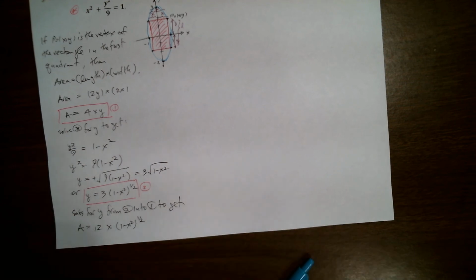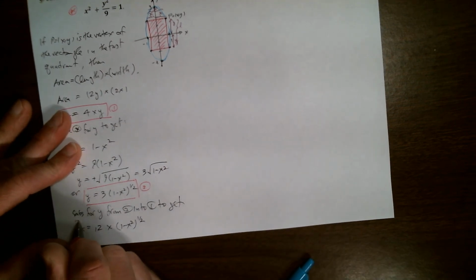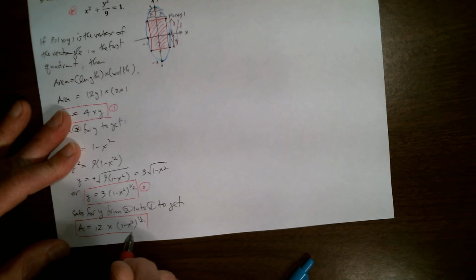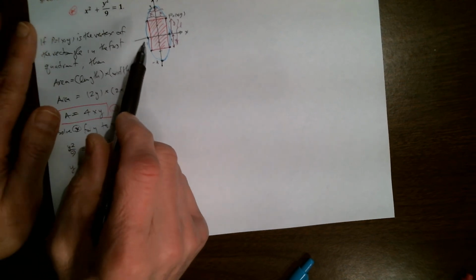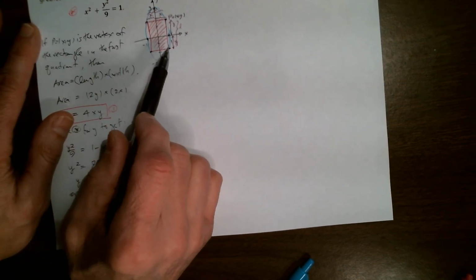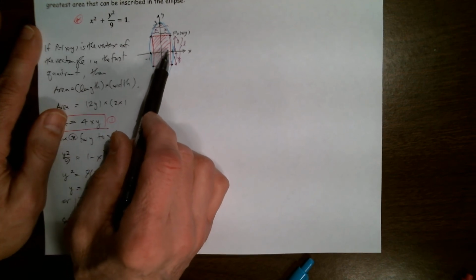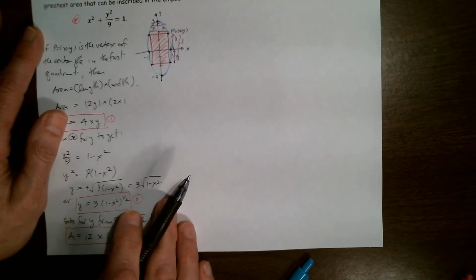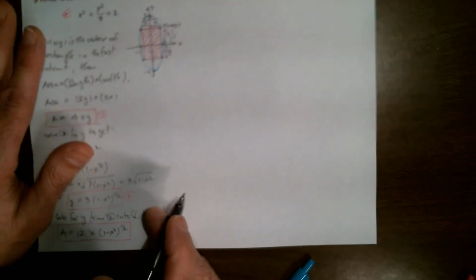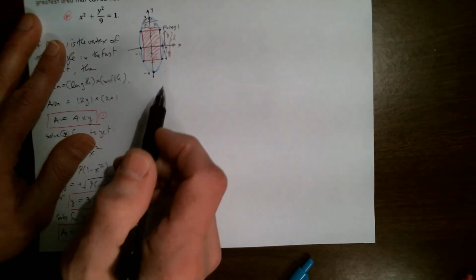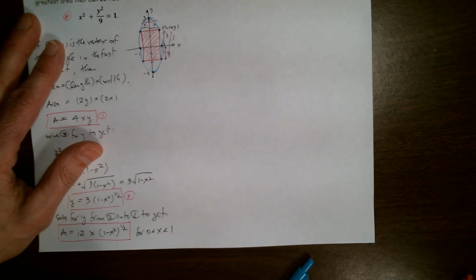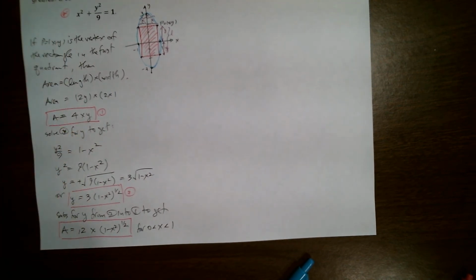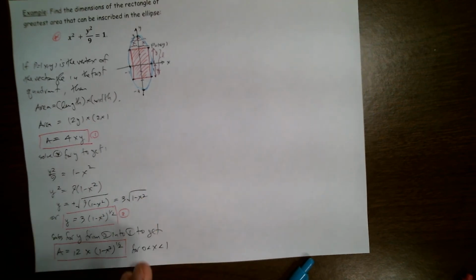Okay, so this would be an expression for the area, therefore, of the inscribed rectangle only dependent on the variable x. And what is the range of x? Right, again, because x is the x coordinate of this point on the ellipse in the first quadrant, x must be positive, and x could not exceed 1, right? For 0 less than x less than 1. So these would therefore be the constraints